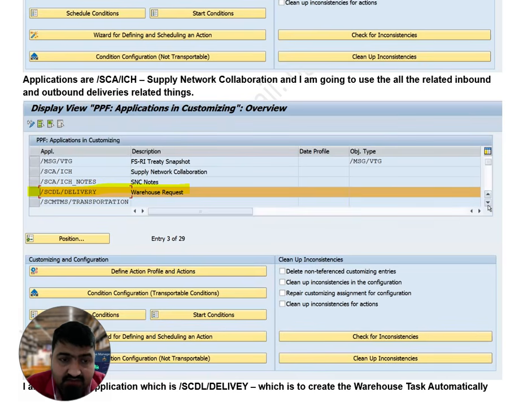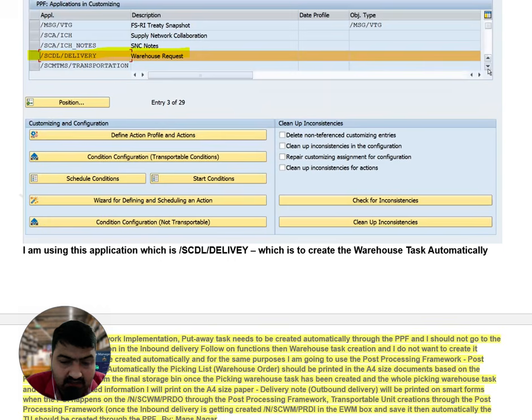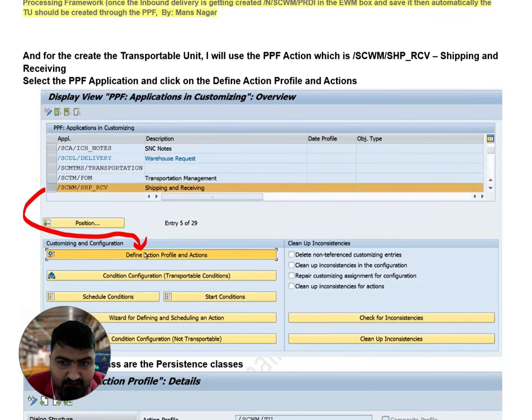Why? Because I would like to trigger the creation of an inbound or outbound delivery automatically in the EWM layer whenever our delivery is distributed to the EWM layer from the ERP layer, in case of embedded or S/4HANA EWM system.